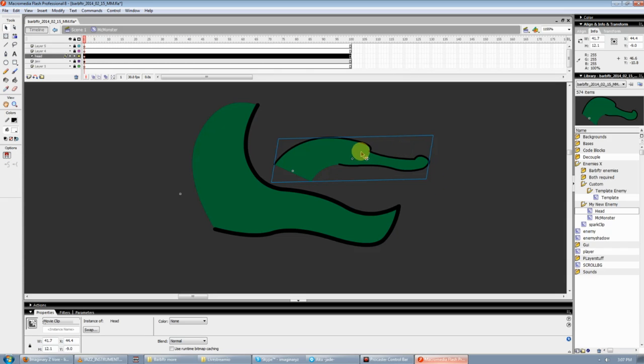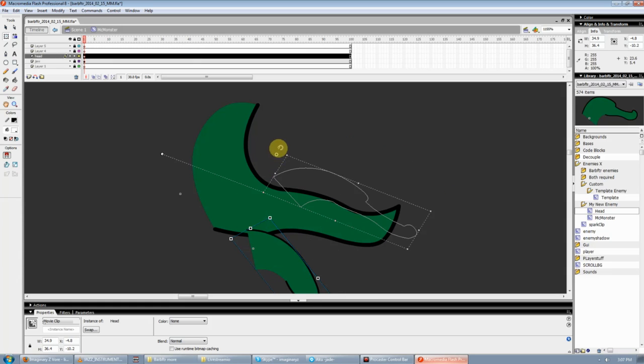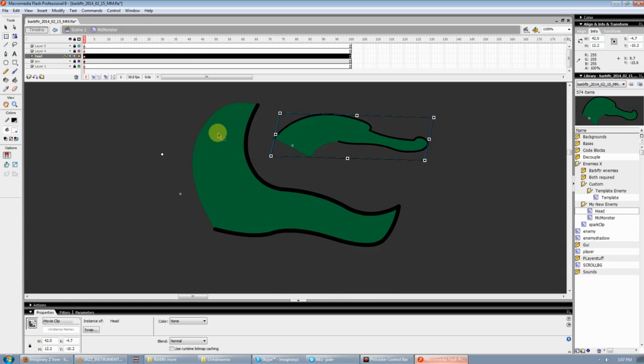But here's what Flash is lying to us about. When I tap Q, there's a little white dot that appears. If I'm rotating, you'll notice it rotates around that white dot. It doesn't rotate anywhere else. If I move the white dot to a weird position, it's rotating around that white dot. This is useful for building stuff, but it kills your animations. Don't do this. The only way to guarantee you're going to set an animation right is double left-clicking this white